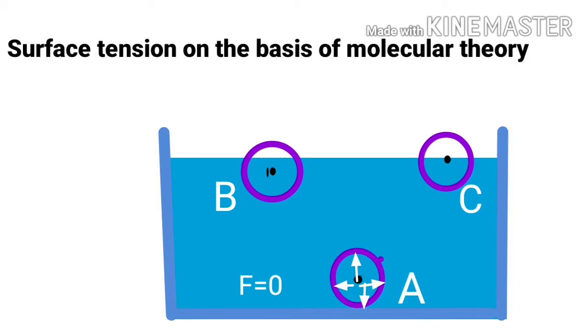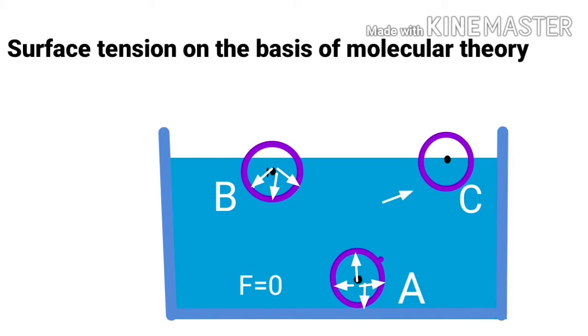Molecule B lies within the surface layer and below the free surface of the liquid. A larger part of its sphere of influence is inside the liquid and a smaller part is in air. The adhesive force acting on molecule B due to the air molecules is very small compared to the cohesive force acting on molecule B. As a result, molecule B gets attracted inside the liquid.